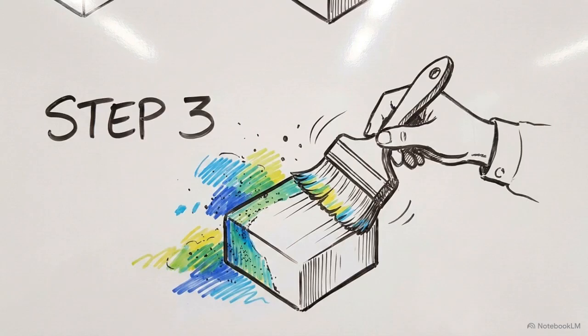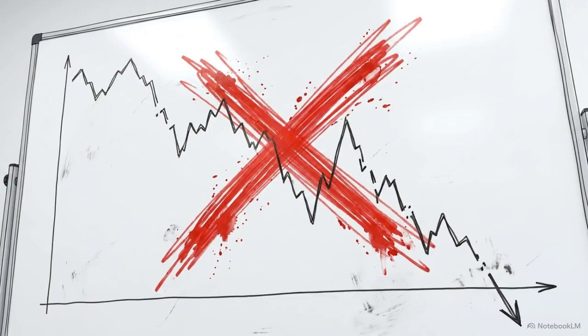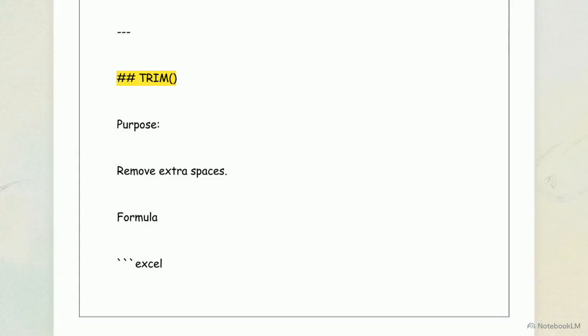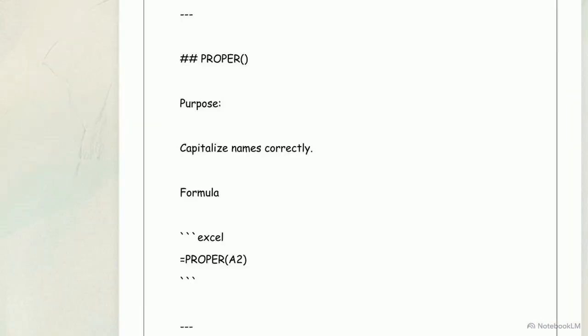With the data gathered, we reach Step 3, data cleaning. Skipping this phase is the most common cause of analytical failure. The TRIM function is deployed here to mathematically strip out invisible extra spaces that often corrupt imported text strings and cause formula errors. Functions like PROPER are then used to standardize chaotic capitalization, ensuring that thousands of customer names are